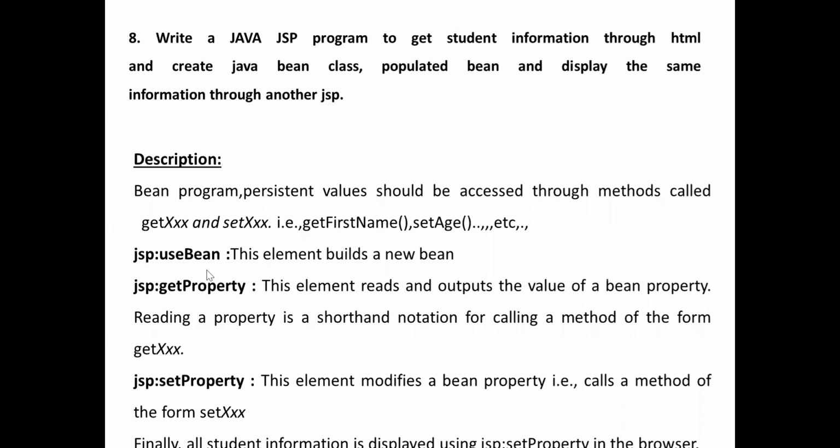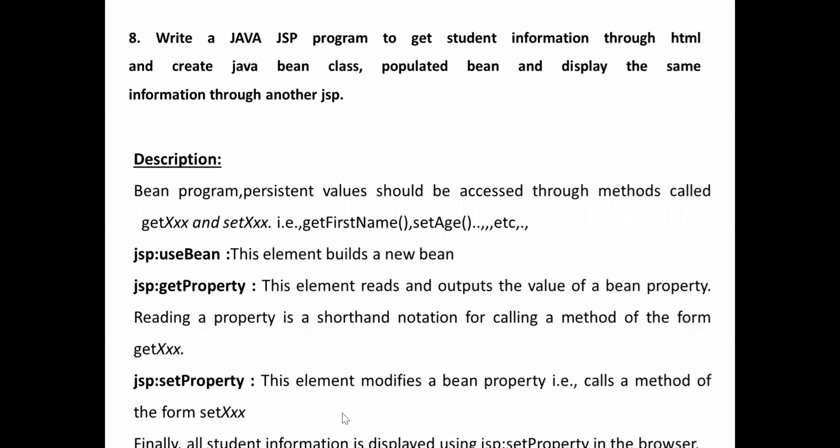This is a tag, useBean, used to implement the element to build the new bean. And I have to take the two properties. One is jsp:getProperty and the other is setProperty. getProperty means this element reads and outputs the values of the bean property, reading that particular property and calling the get method. Similarly, setProperty means we have to modify the bean property, that is, we call the set method.